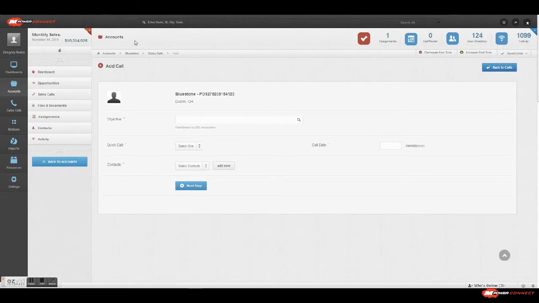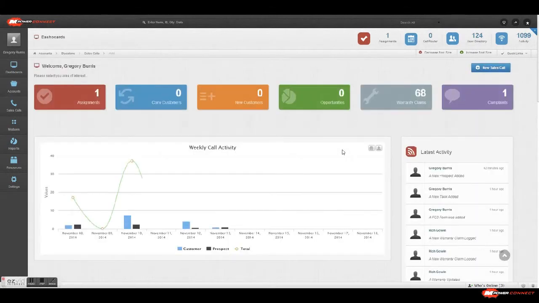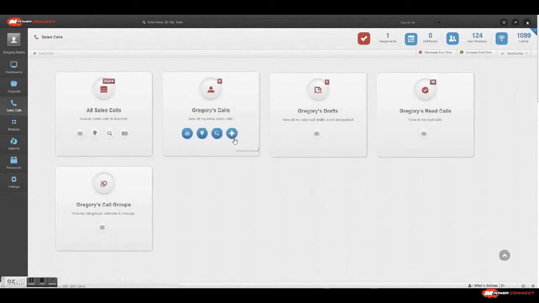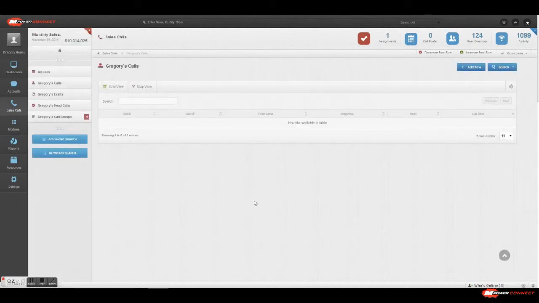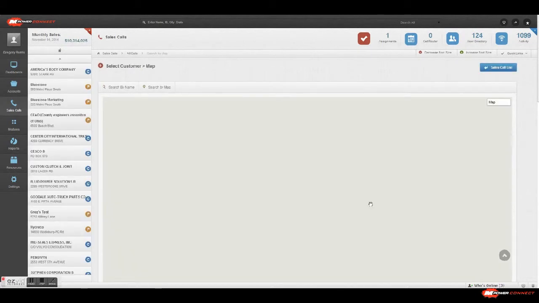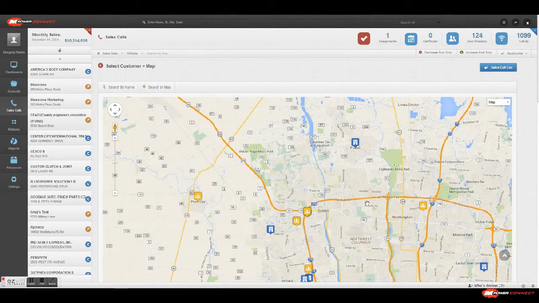So if we go back to the dashboard, option number two is going to be either by going up here to the quick links and selecting new sales call, or by going to sales calls, and let's go to Greg's calls. There shouldn't be anything in there, but I'm going to go ahead and click add new. First it's going to prompt me to select off of the map. But for an easy way to do this, for training purposes,